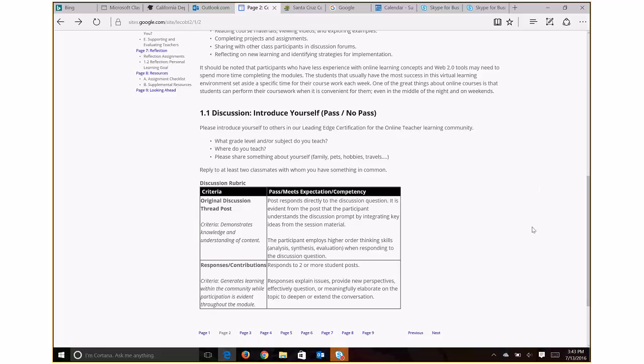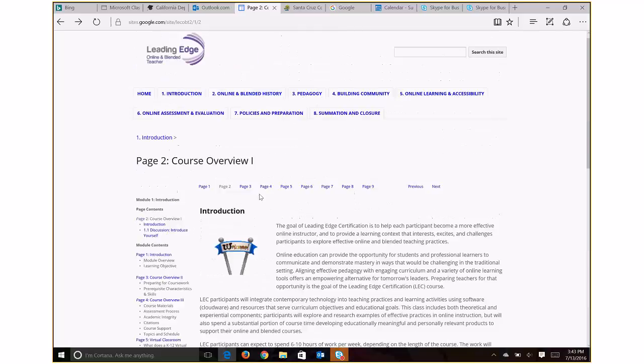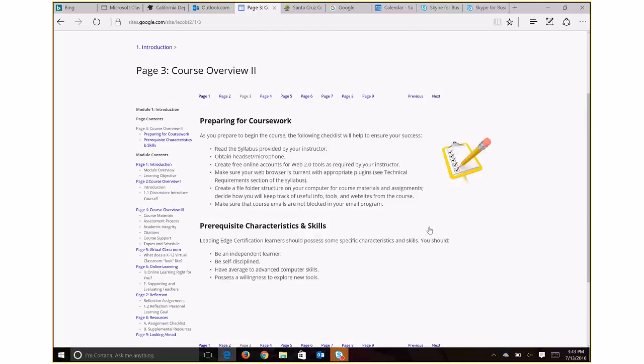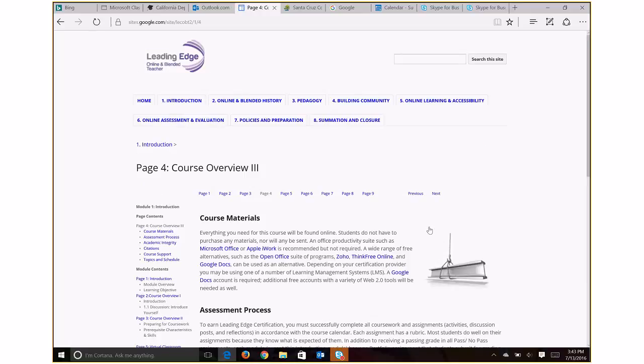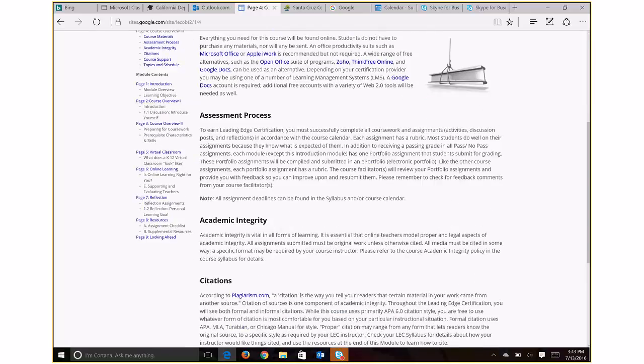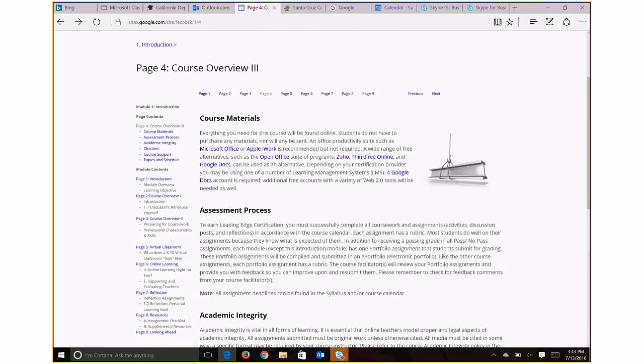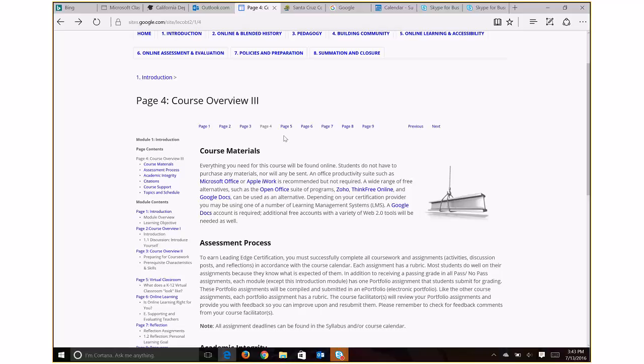Okay, moving along, page 3 and so on. I believe when you get to page 4, well, before we get any further, I'll just point out on page 4, you could see that there are links also in these. So all the links you see, you should follow. Don't skip over them. Sometimes the link takes you to some material that's important to read. So follow the links. Page 5.